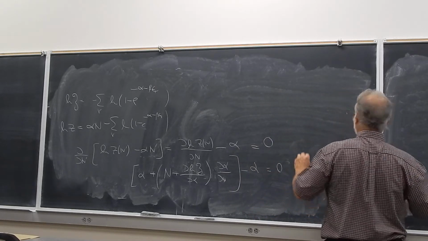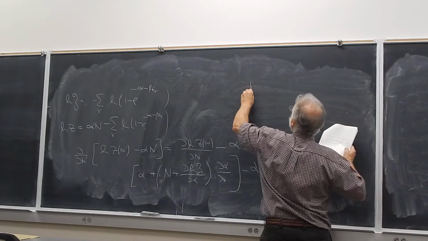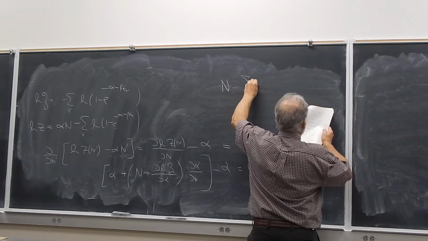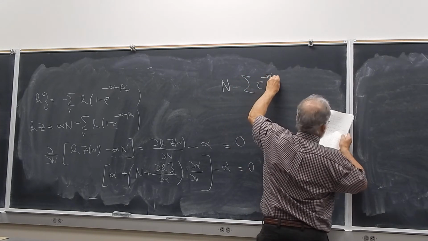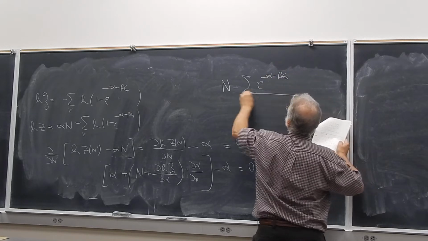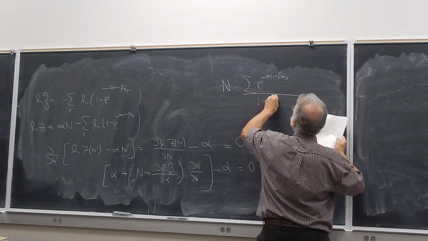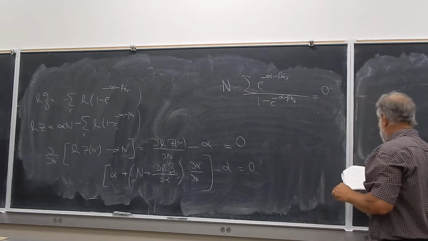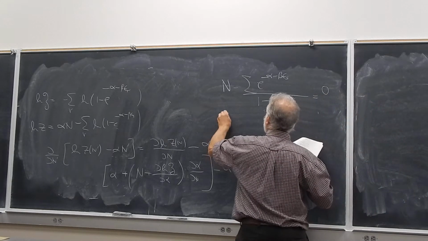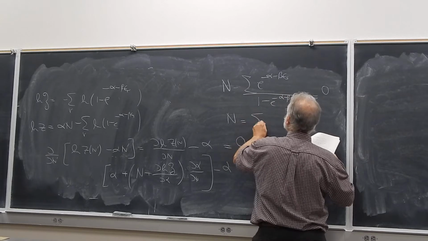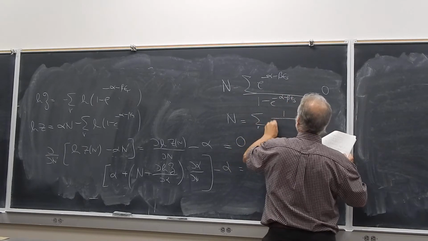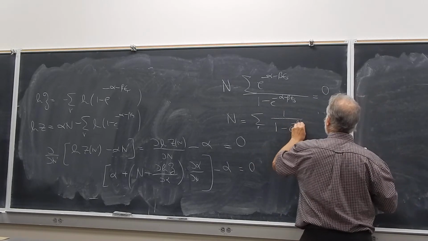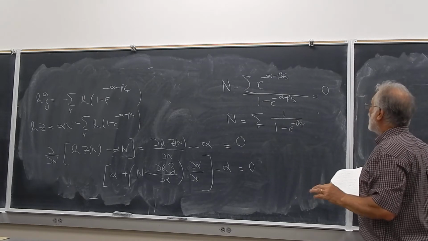Or, take it a step further, n minus the sum of e to the minus alpha minus beta e sub s divided by 1 minus e to the minus alpha minus beta e sub s is equal to 0. That means that n is equal to the sum over r of 1 over 1 minus e to the minus beta e sub r, sorry, e sub r. N sub s